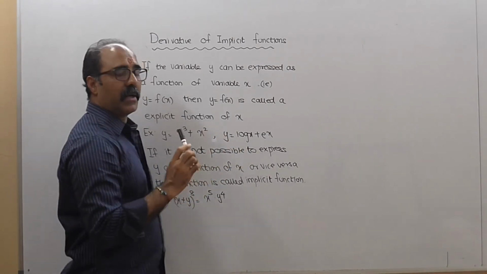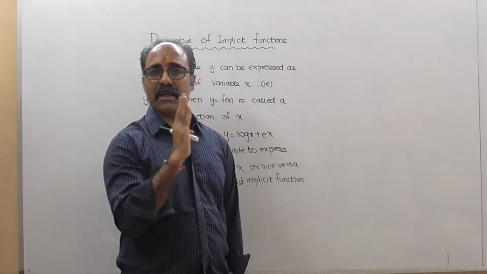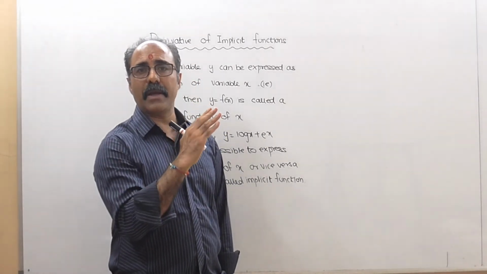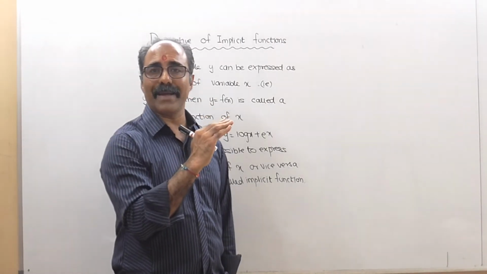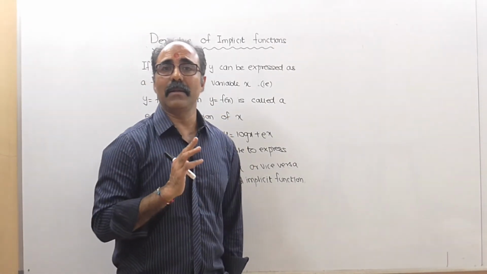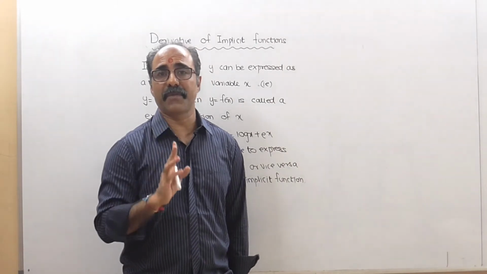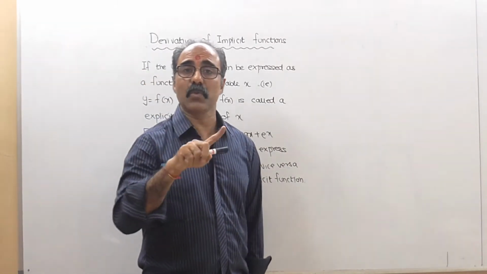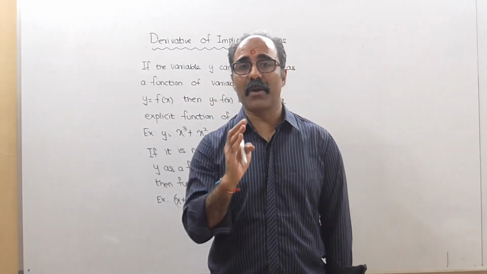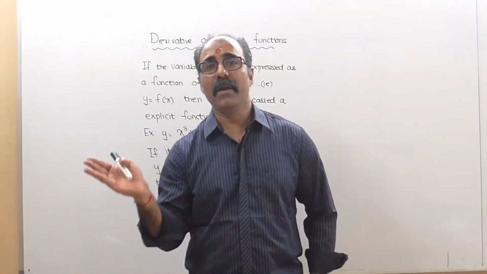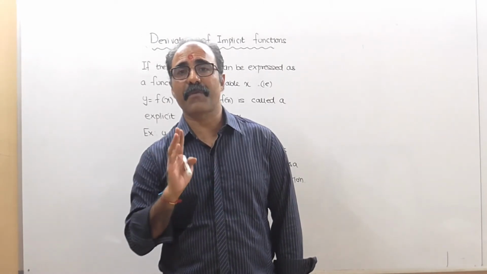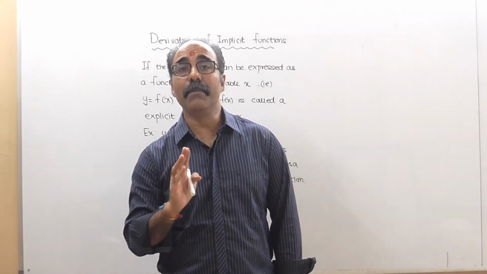इसका मतलब क्या है कि if you are able to frame a question such that y is on the left, there is an equal to sign and all variables related to x are on the right hand side, then that type of function is called an explicit function. If in case you are not able to express the sum as y equal to f of x, meaning y on the left, equal to sign and then x variables on the right, those type of problems are called implicit functions.